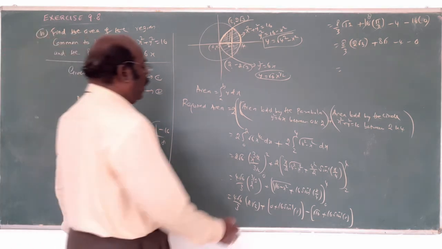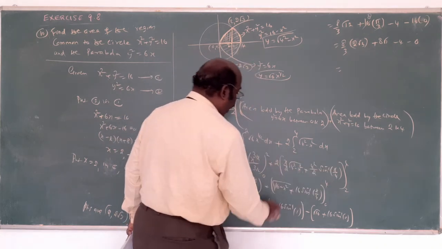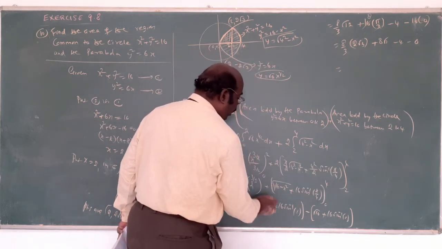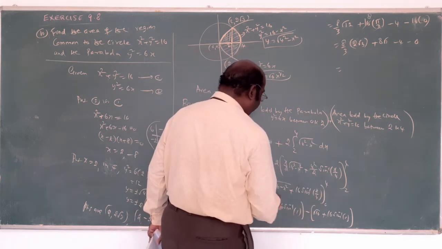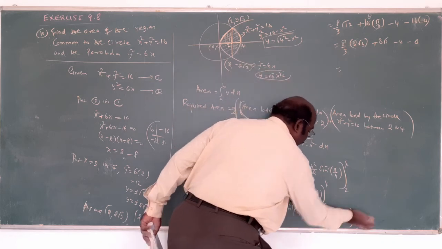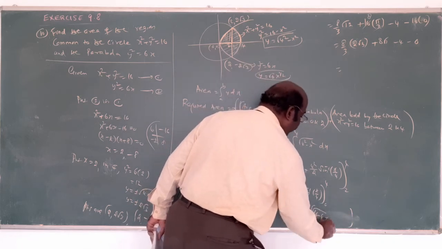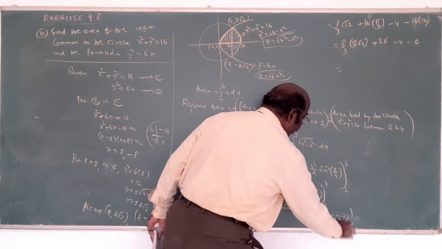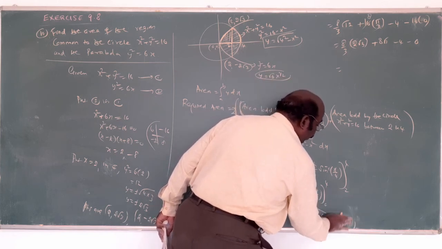Sorry, here the upper limit is 0 to 2 right there. But here 2 to 4, you know. Upper limit, apply 4, here 0, sin inverse of 1. For 2, you know, what is the answer? 16 minus 2 squared is what? 16 minus 2 squared is 12. Am I right? Plus 16 into sin inverse of x is 2, you know. 1 by 2. 1 by 2 will come.